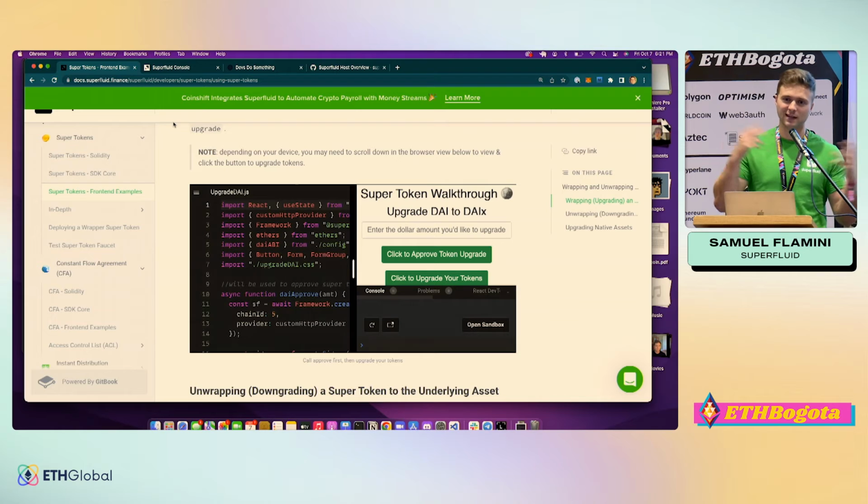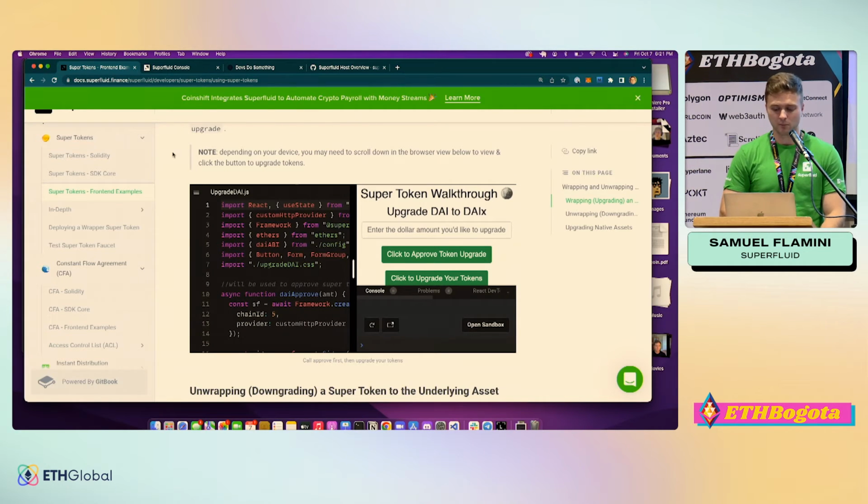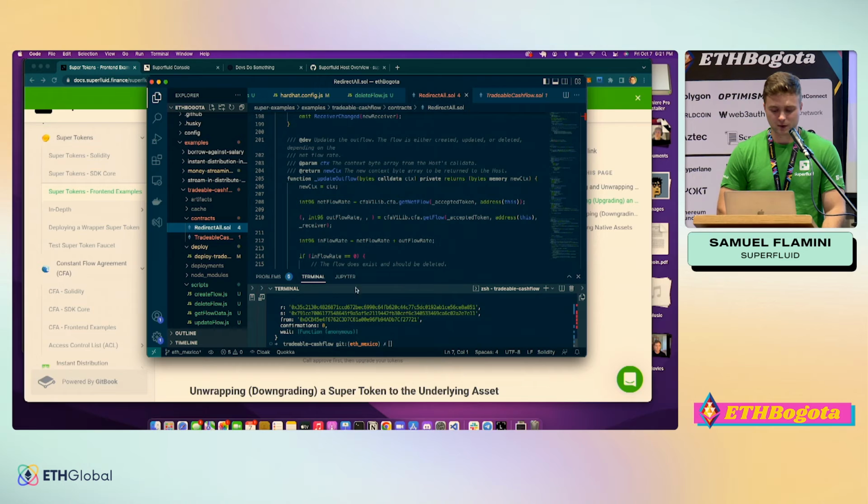All right, so I won't belabor the point, right? You can imagine that updating and deleting is very, very similar, right? I won't go into those, but that is dead simple, creating, updating, and deleting streams in JavaScript, right? Pretty straightforward. Really easy to integrate with any other project you're probably working on. For a more complex example, let's get into this tradable cash flow thing, right? This super app thing. And I have a project up here. I'll show you where to find this after I'm done.